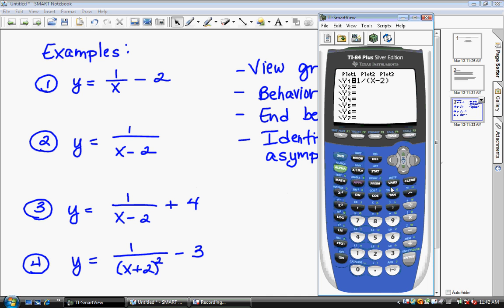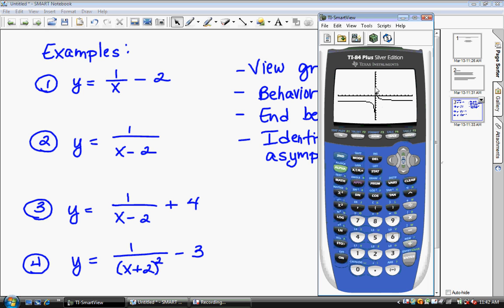So on the graphing calculator, let me clear out this function here. I first want to enter 1 over x minus 2. And let me do this standard window just so you can see what you're going to see. So, that does a pretty good job. You have to understand that